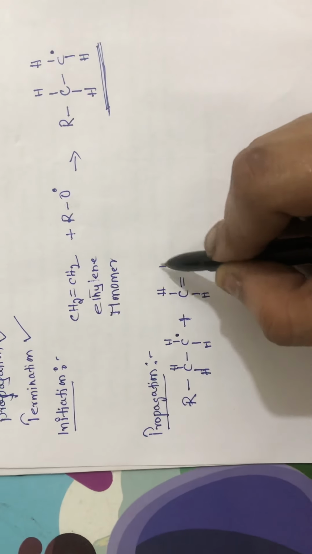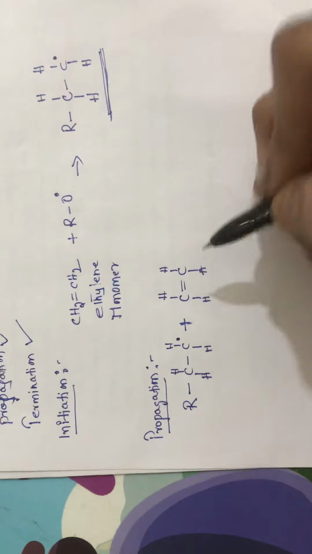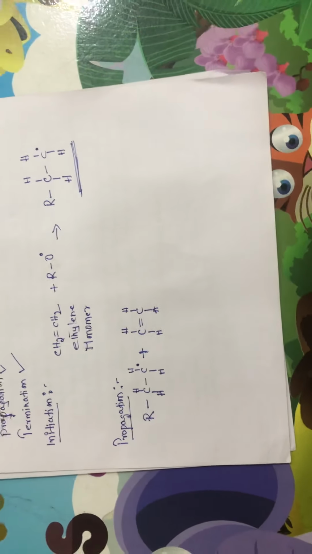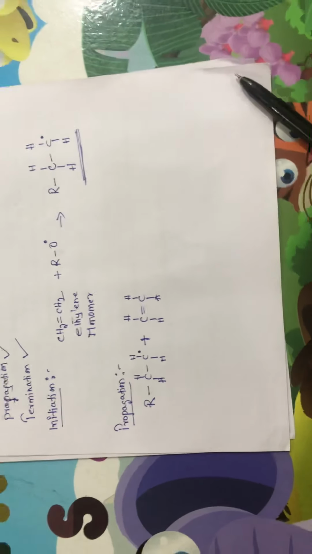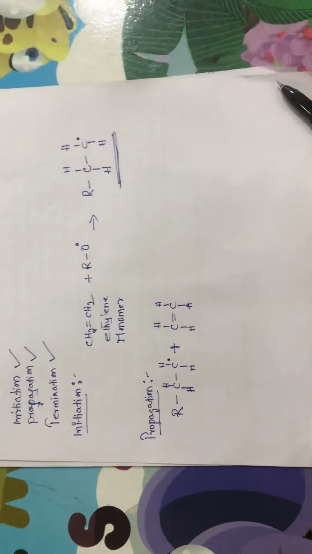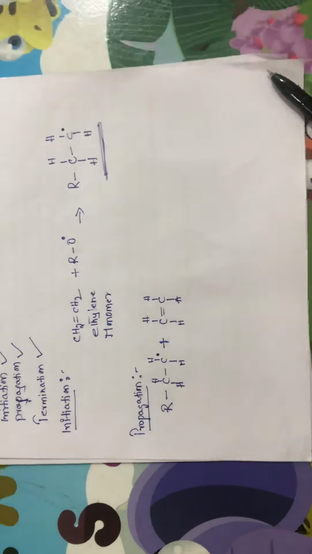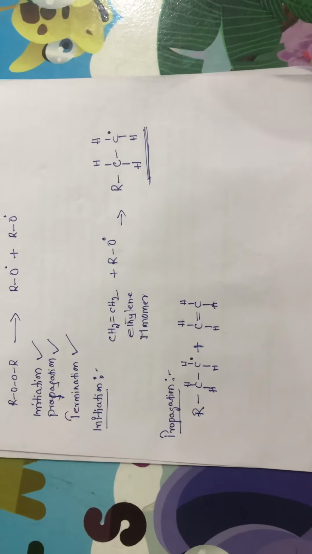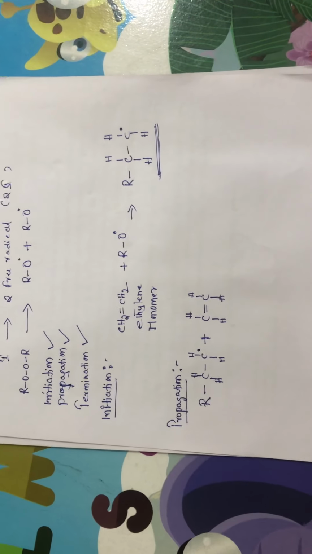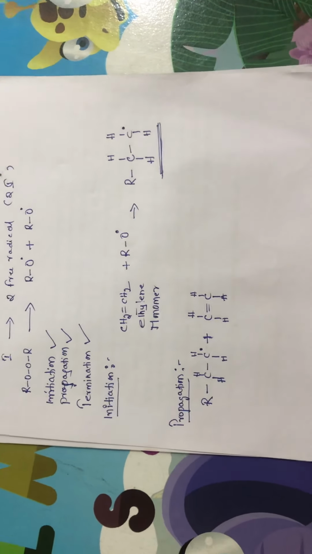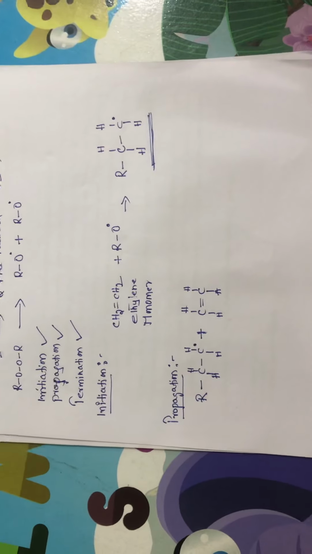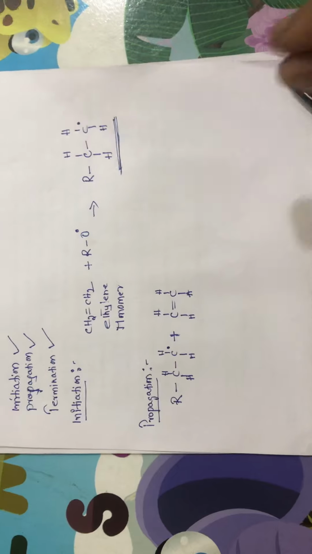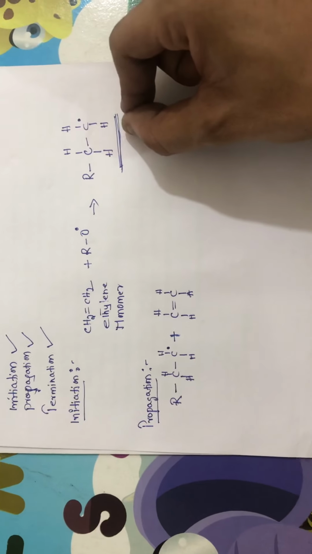Where did this ethylene molecule come from? To prepare a polymer, it is not enough to add a single monomer. We need to add a number of monomeric units. So in the first step, from the number of monomeric units, one monomer interacted with the free radical, forming an active monomeric unit.